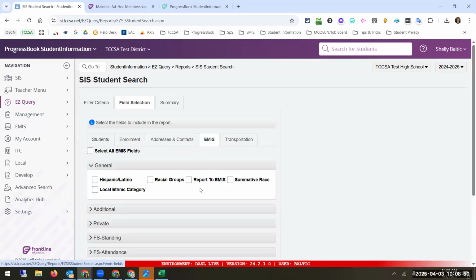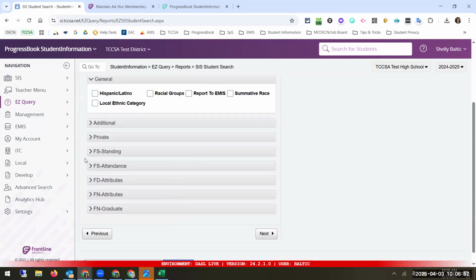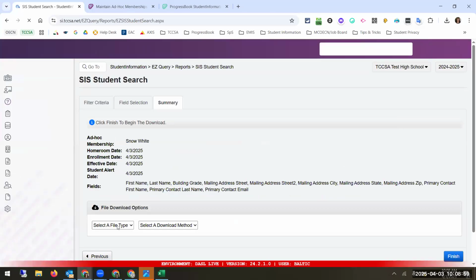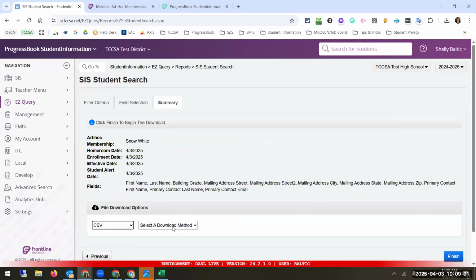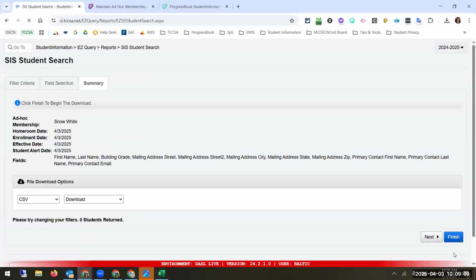So any of your EMIS situations, you can bring those in as well. And then I am just going to move on to finish this. Download it as my CSV. You can see all my fields that are going to populate. And then when I hit finish,